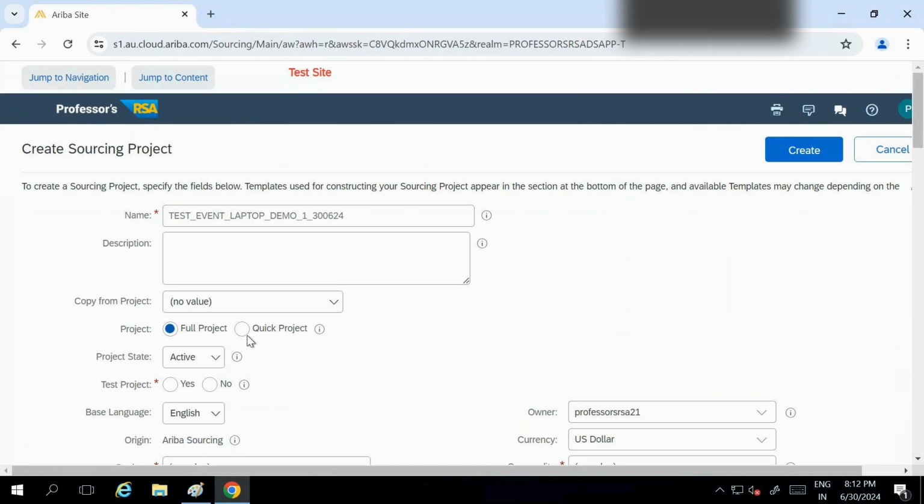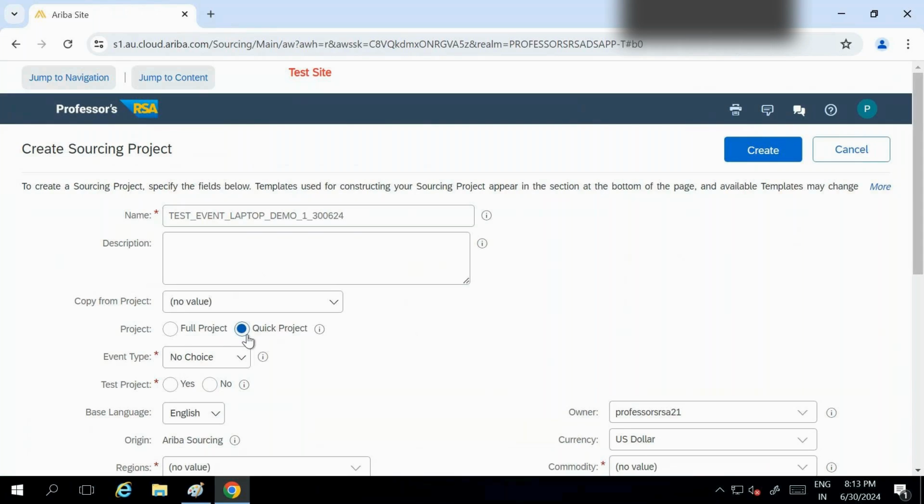If you want to buy something one time and create a quick project, no approval is required for that event. You don't want to add any task, you don't want to involve your other team members, and you just want to do the auction, sorry, RFP on a priority basis, then you can go for this quick project. Now we are going to discuss the quick project, because later on we will understand how to differentiate between the full project cycle and the quick project cycle.